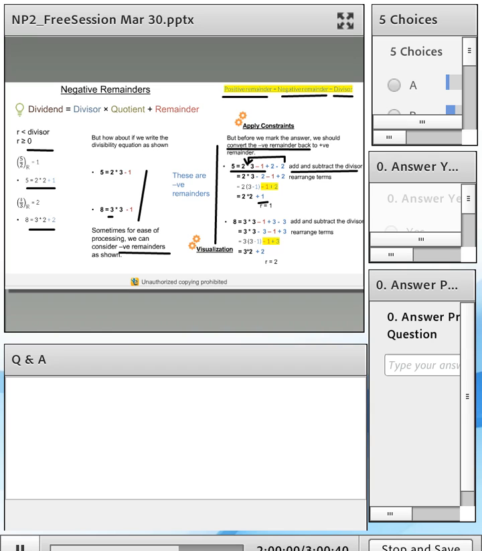So for this session right now, so that you can follow the remaining questions, just write this equation down, that if you do consider negative remainders, you always have to bring it back into positive remainder. And how do you do that? You simply add the divisor. But after the session, and I know I'm repeating myself, please go back and look at this section of the slide. Okay?